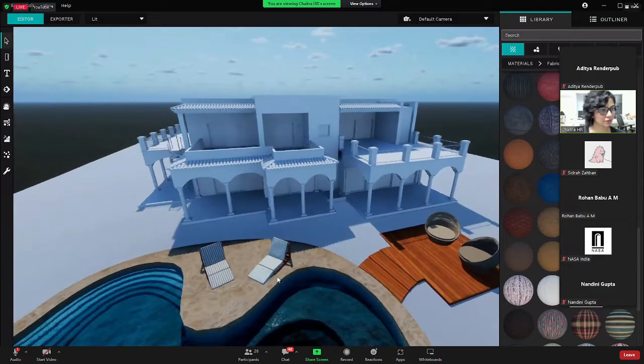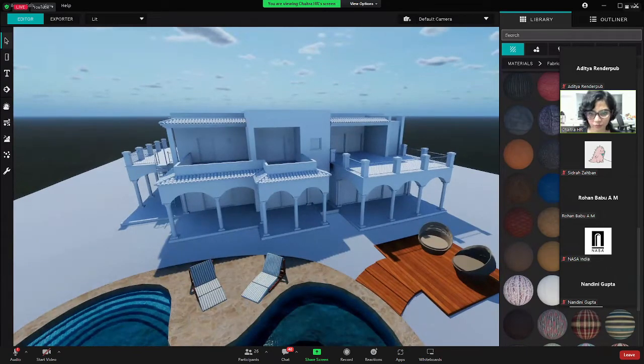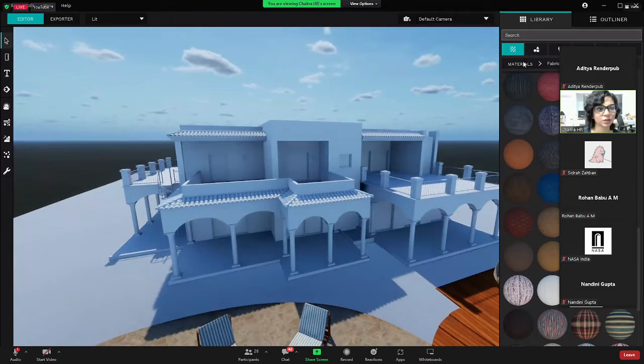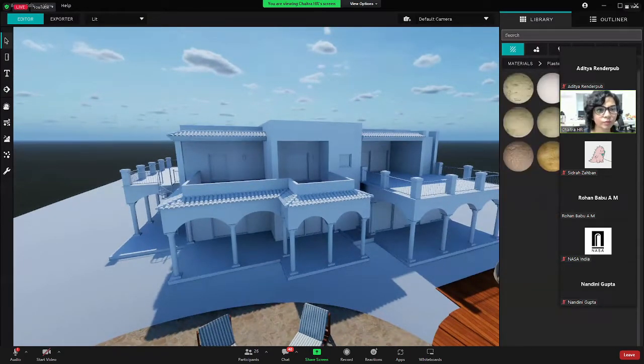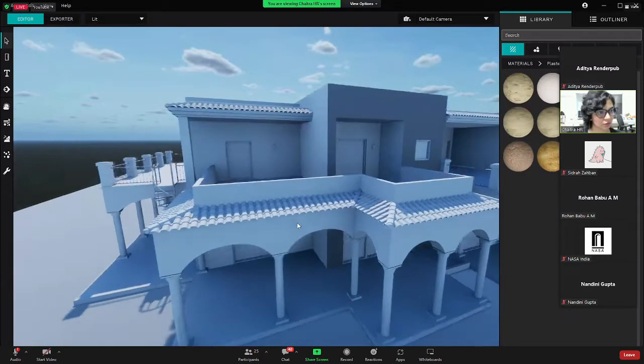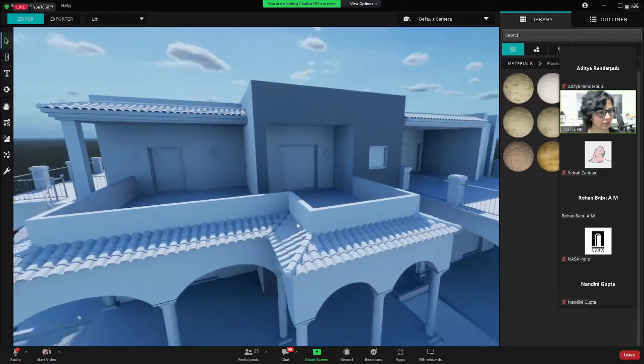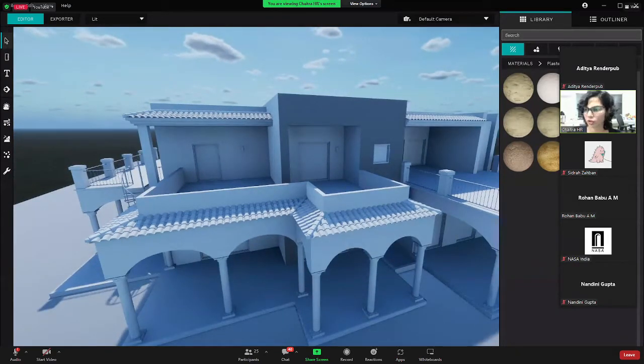Let's give our building some love. And I'm just going to use, what do I use? I'll just use plasters. Oh, okay. So this is how the texturing works. Okay. I don't like the gray part. So as you can see in my reference image, it has a little yellowish tinge. So you can always, when you like a color, go just on Google, just type in shades of that color,